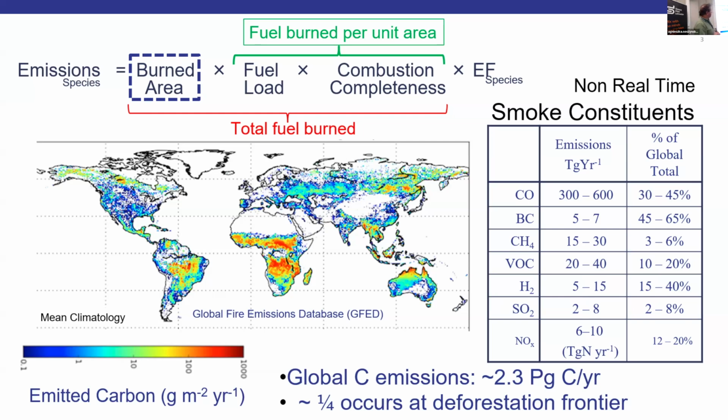It's very well understood. Burned area is very well measured, and increasingly so as satellite products get better, and the satellites that feed those products are also improving the images and what have you. The fuel load and the combustion completeness are less certain and more model based. And also, this isn't real time, clearly. You have to wait for the fire to happen until you can measure the burned area.